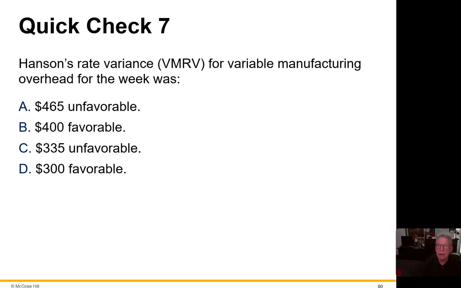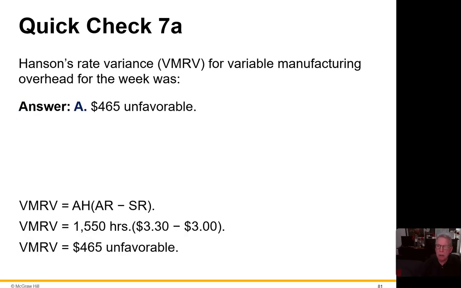So we can lay that into the rate variance, the left-hand side in the graphics, and that's going to come out to $465 unfavorable. If we use the equation formatting here, we get that $465 unfavorable. If you're good with this, I'm fine. For me, I find this a little more difficult than